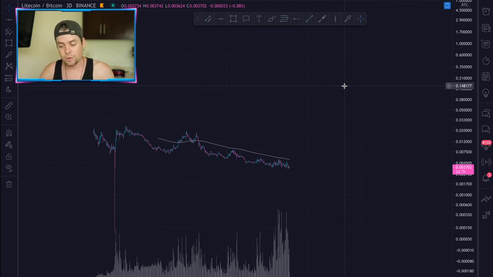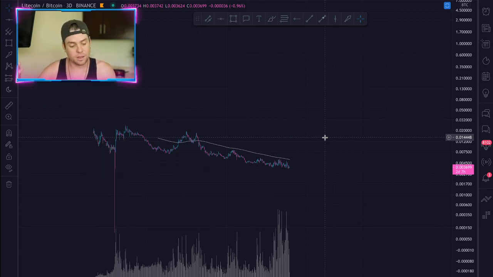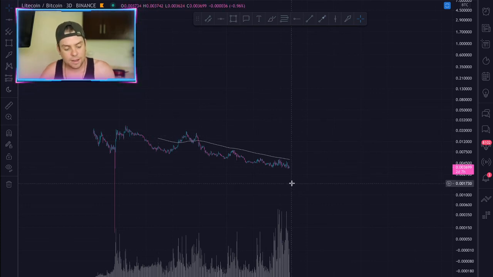Is it appreciating in US dollar value? Yes, but you would have been better off holding the larger, safer, higher market cap, higher dominance asset. The one that you thought you couldn't make any money on. And I'm not trying to be a dick, I'm just trying to bring a point home. But this is very common. It's like, well, I can't afford Bitcoin. It costs too much. I'm not going to make any money. This is telling you clear as day that Bitcoin would have made you more money than Litecoin.